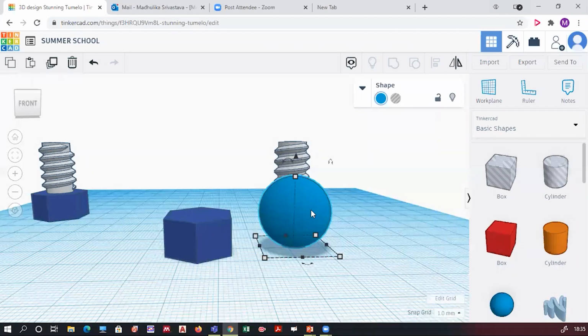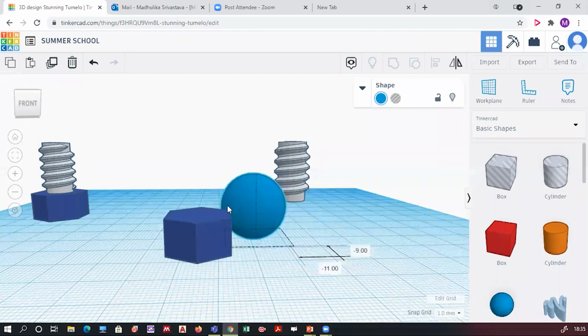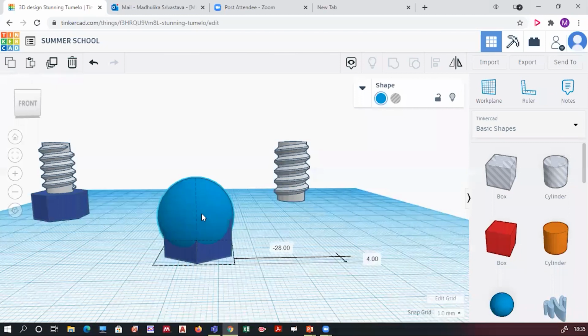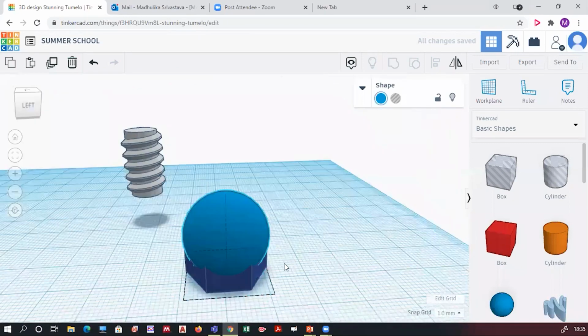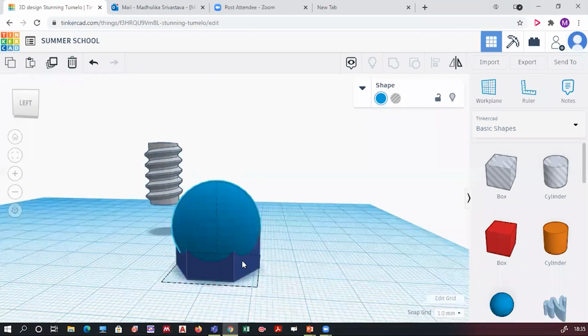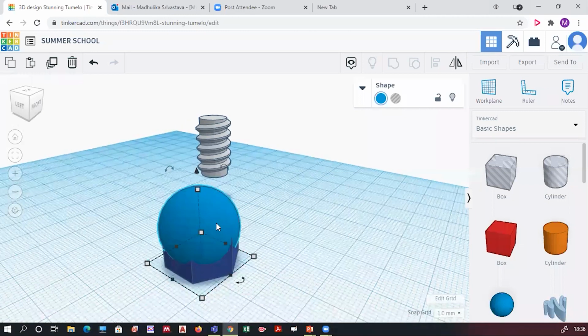So what I will do, I will drag this object and place it over here. Now, is it aligned with this polygon? Yes or no? I have to check it. For that, I've selected the sphere, and I've selected the bolt by shift key.